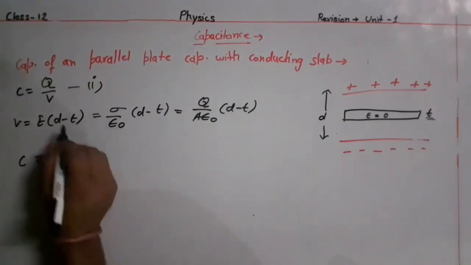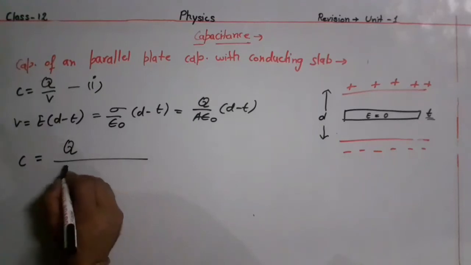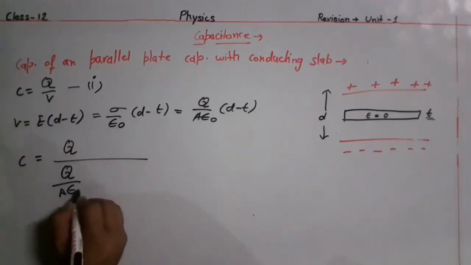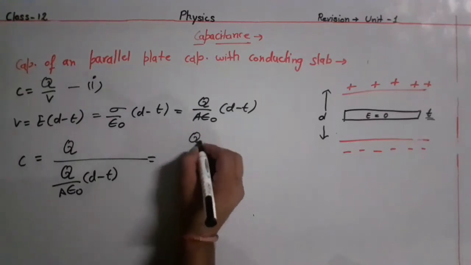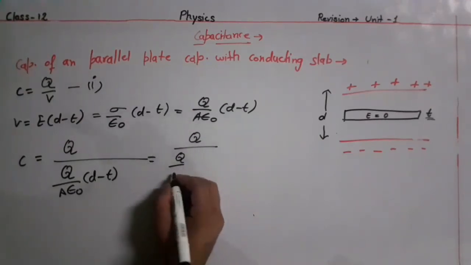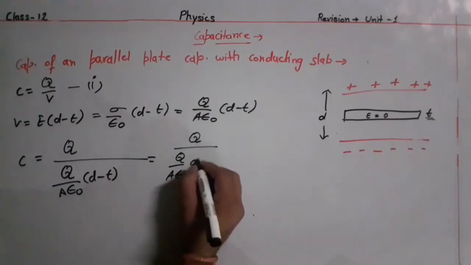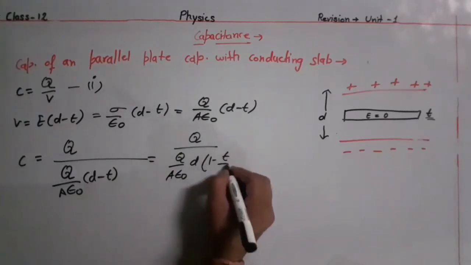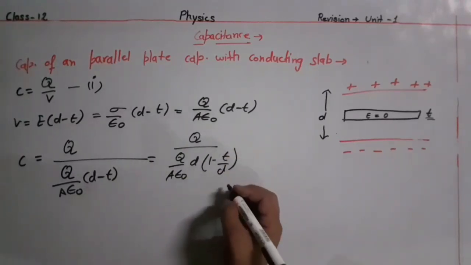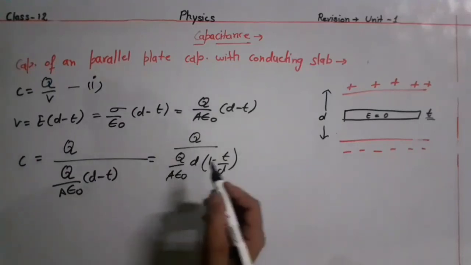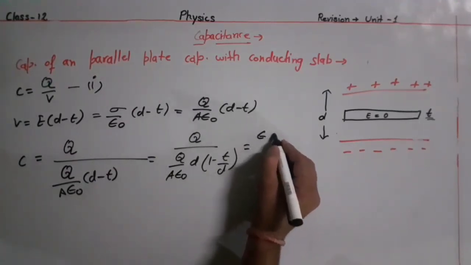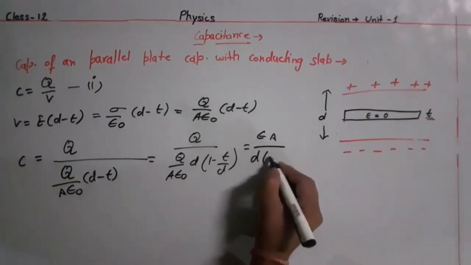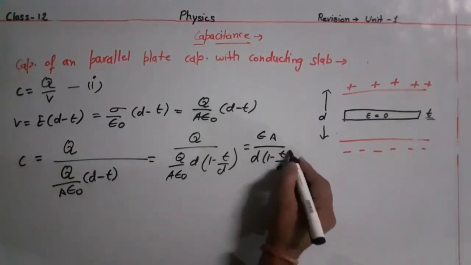Now by putting the value of V, what is the value of V? It is Q by A epsilon naught into D minus T. Take out this D from this bracket, we will get 1 minus T by D. Now Q to Q will get cancel out, we will get epsilon naught A divided by D into 1 minus T by D. Okay,